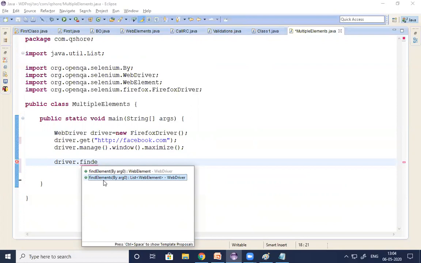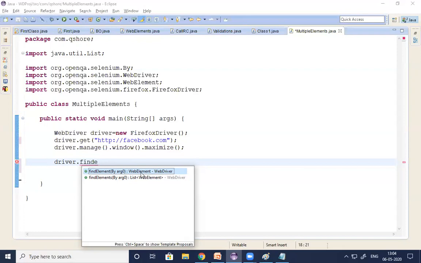See, till now we are working on only one element. Suppose I would like to enter user ID in an application. Before entering user ID, first we need to identify the user ID. We can identify that user ID by using a unique locator, because it is only one element, right? So to identify one element in a page, we are using the find element method. And the return type is what? WebElement.